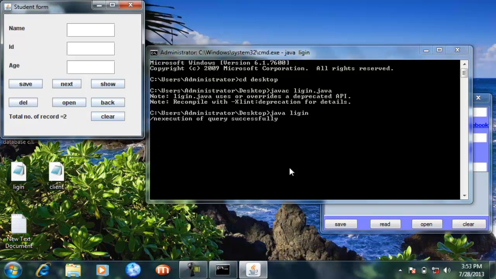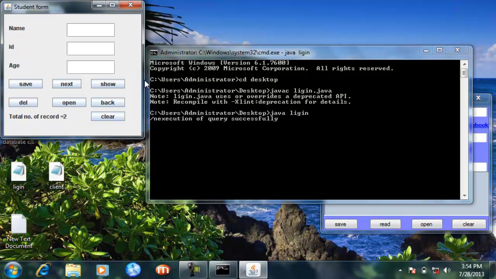In the previous video lecture we have already dealt with how to create the login form, how to add text boxes to that login form, and how the username and password given by the user are verified from the data existing inside that MS Access database. These are the subjects we already dealt with in our previous video lecture, so here we are not going to deal with them.